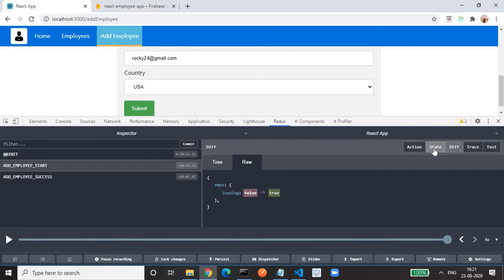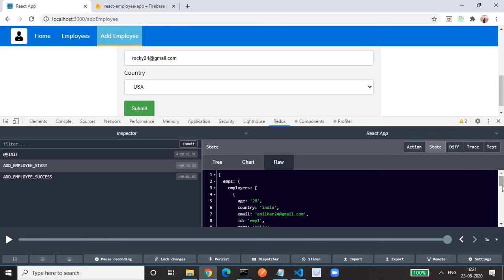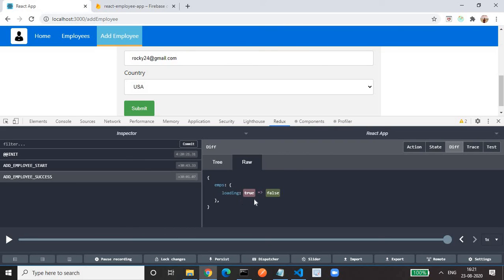If you see the state, here we have the employees data, because we are navigating from the employees component to here, so that's why this is getting populated. We will even see the original data. Okay, then add employee success. First difference, we are making loading false again to make the spinner disappear.